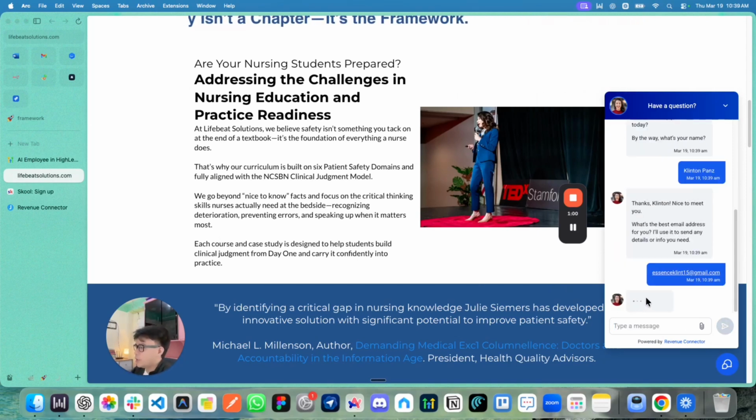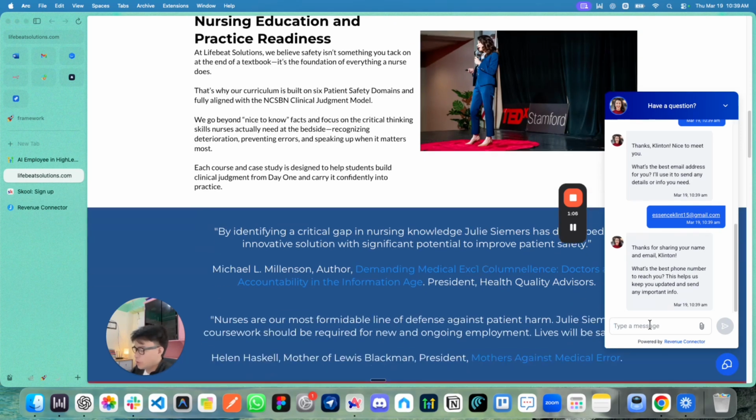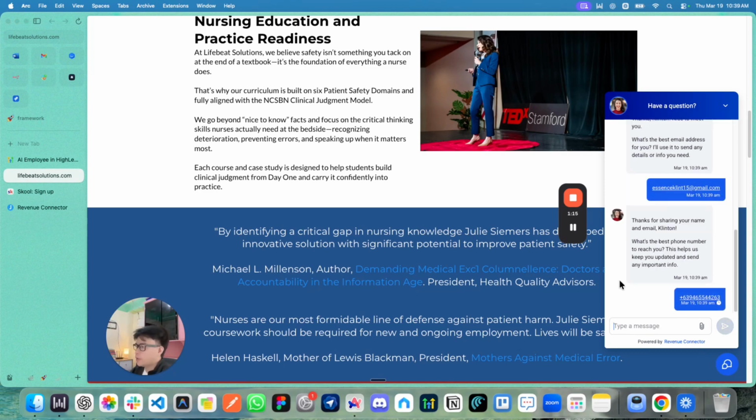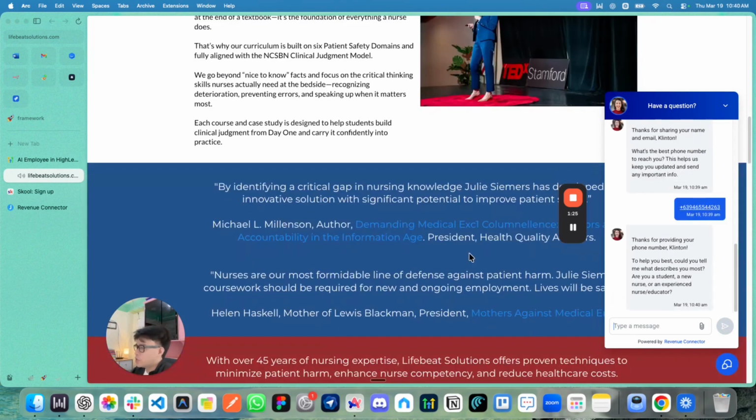Now as you can see over here, it's typing again. It's very conversational. And then from here, it's gonna gather our phone number. So what we're gonna do is give them our phone number. We're gonna click enter. As you can see over here, the bot is responding back and forth in our conversation. So as you can see, it's responding again,